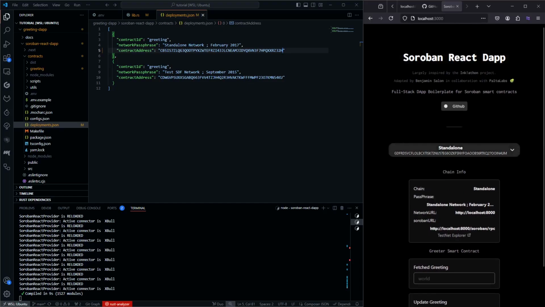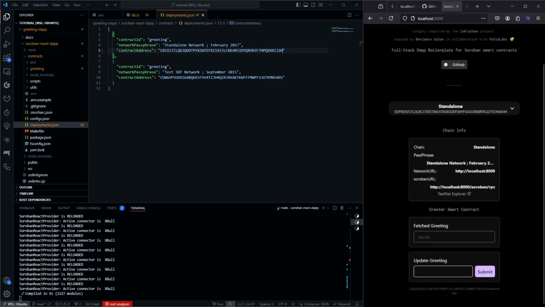Our React application, the front end, is connected to the front-end extension. The wallet is connected to our standalone network. Our React application is connected to the standalone network. Our contract is actually connected to the testnet. This is actually the testnet address. So our React application is in the standalone, our wallet is in the standalone. Now, once we refresh it, and since we changed this, it will be showing you the standalone one